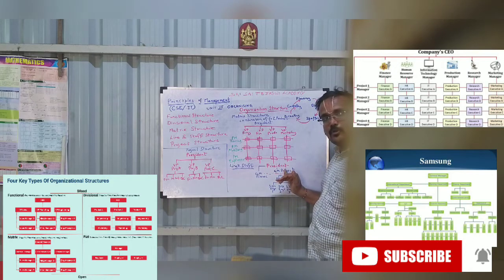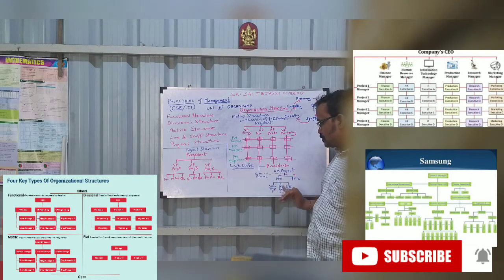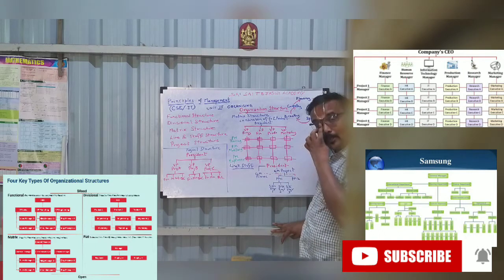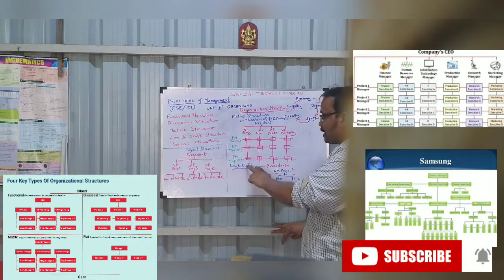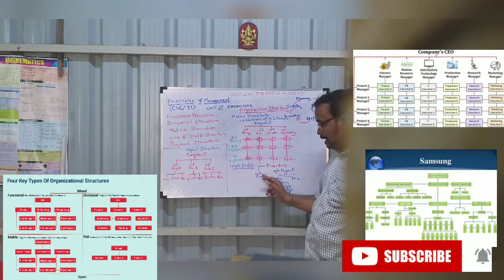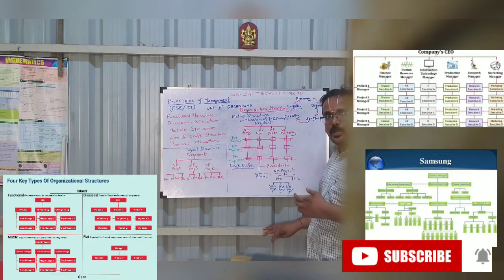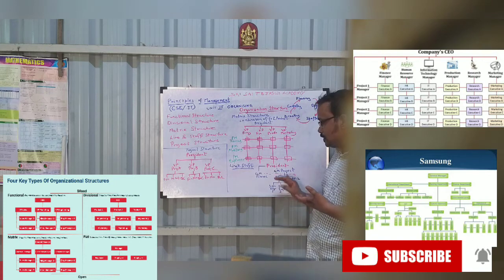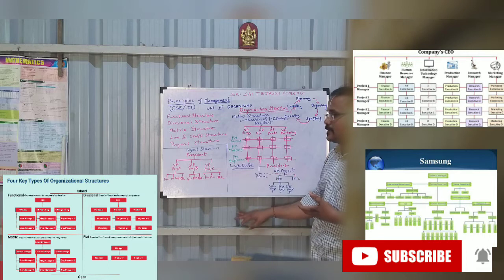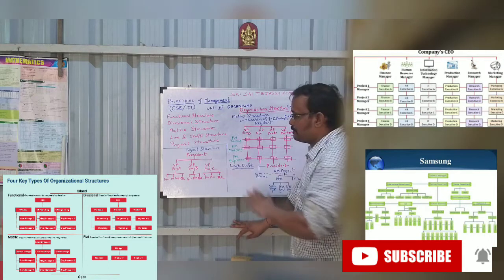GM projects is going to be in charge of the project. Project manager is going to execute with the help of site engineer 1, 2, 3. Correct? So this will be the line. They are involved in construction. They have to be assisted by a supporting team. That supporting team is called staff. GM finance and people under him will support for payment of bills, for presenting budget, so many things are there. So this is the line and staff structure.